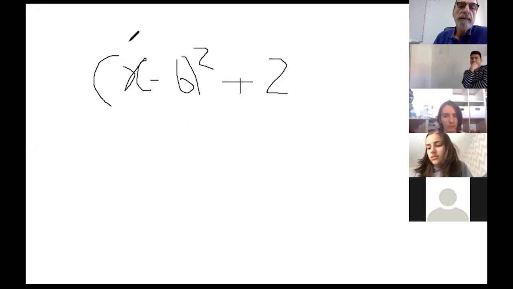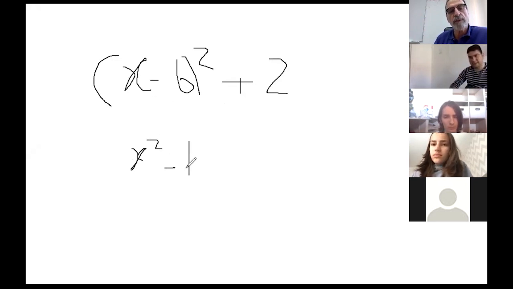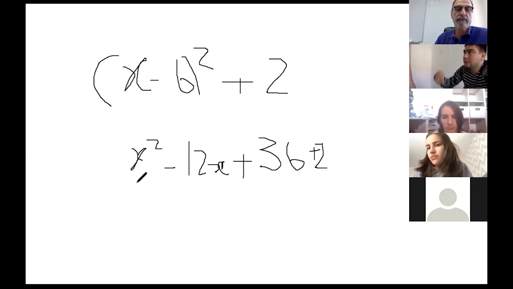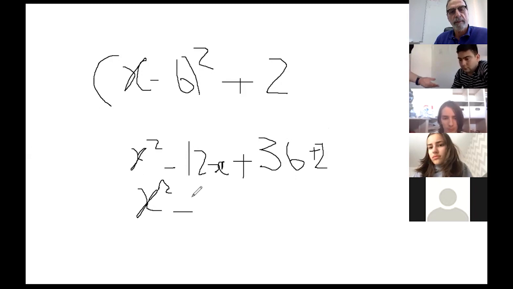So I do this perfect square here. So x squared minus 2 times 6 times x is 12x, plus 6 squared is still 36. And plus 2 here, add, no? This number 2 here is regular. So I have x squared minus 12